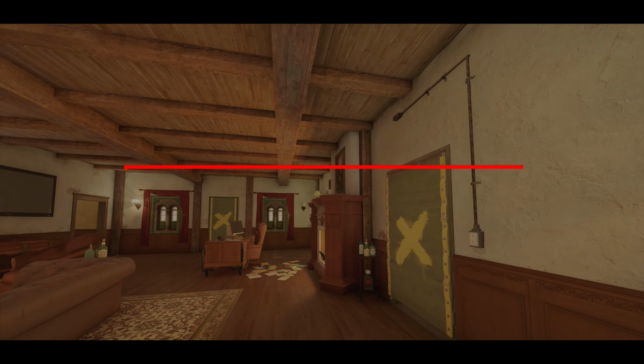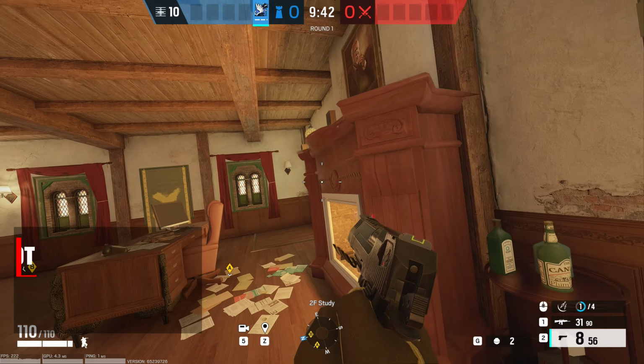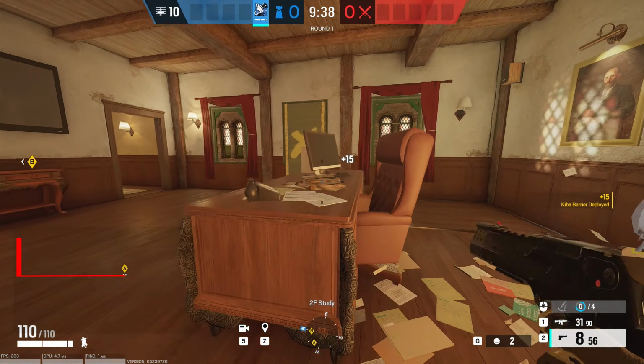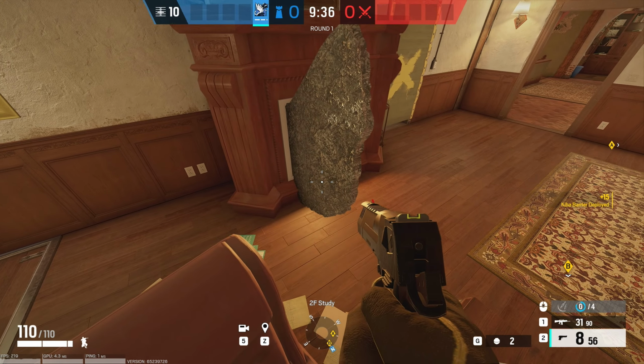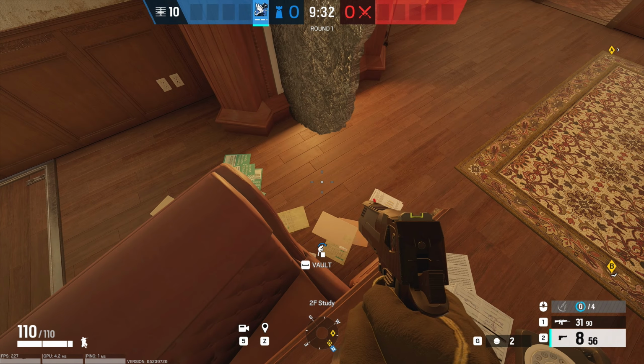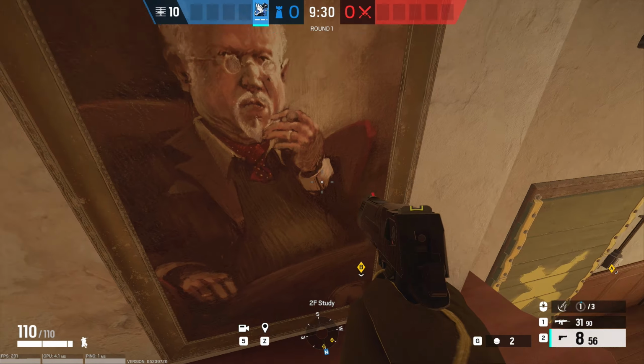And moving on to Villa for this next one, this spot has been so successful for me, one of my favorite spots as well alongside Night Haven. Now this one is just where you place a Kiba barrier on the top right hand corner of the fireplace, and if you stand on the desk right by the chair, you'll get a vault prompt up on top of